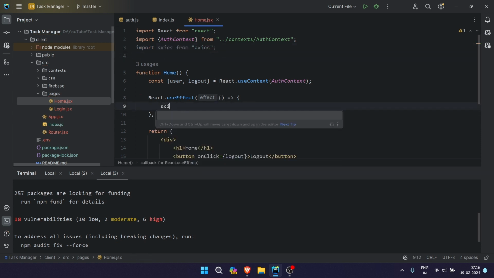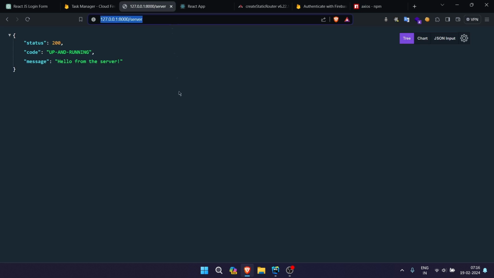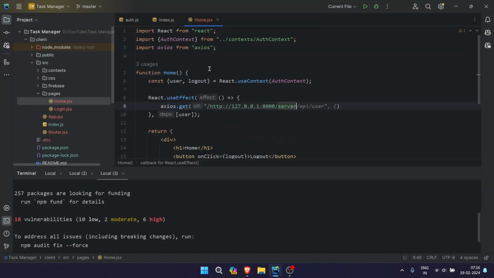Now we'll do Axios.get. For now we will paste in the server address, /server/auth/verify, and instead of get we'll do a post here,